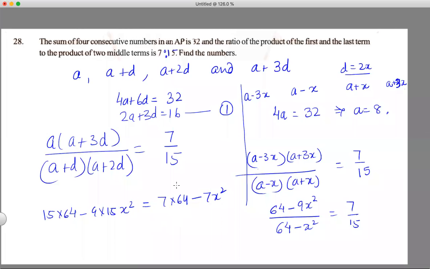Okay, so we take this on this side and we will be left with 8 into 64 is equal to